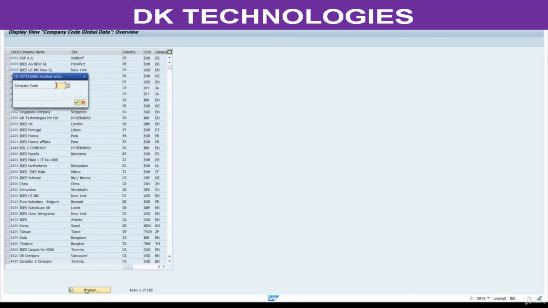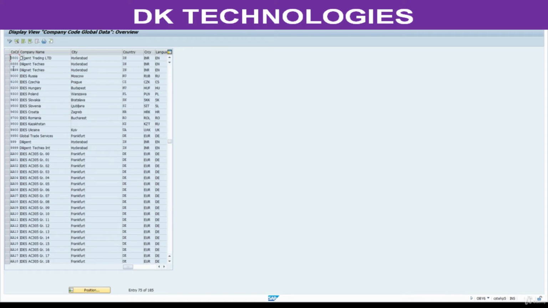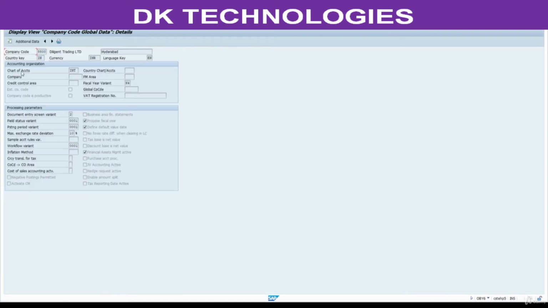Click on position. Enter your company code 8800. Double click on this one. Note down this information. INT is my chart of accounts and K4 is my fiscal year variant. This is required for creating the controlling area. That is the reason we are gathering this minimum required information.